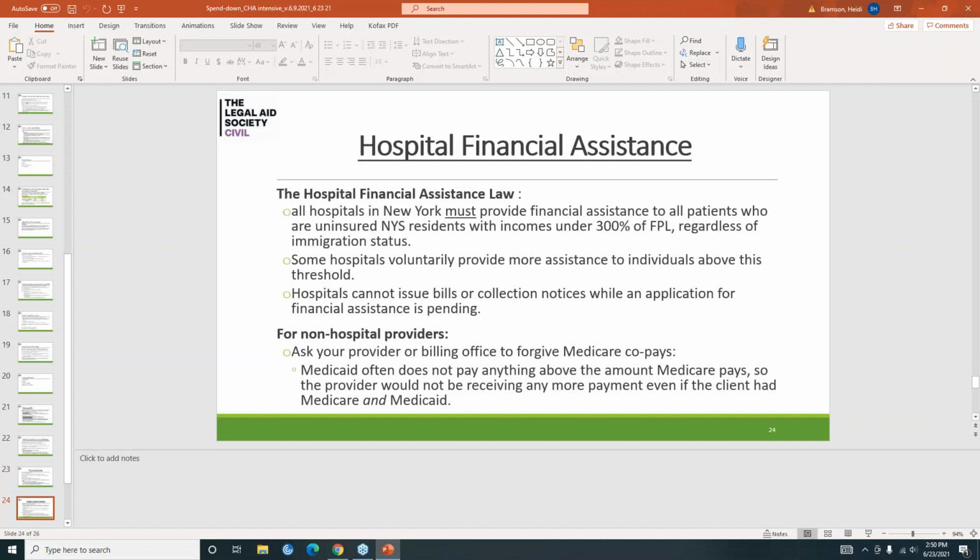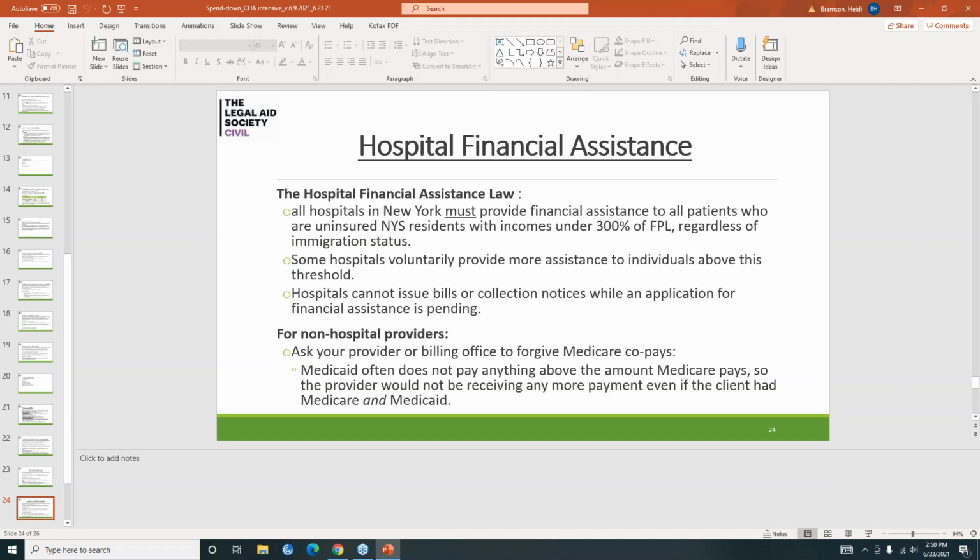Okay, and then lastly, just a reminder that the hospital financial assistance program does exist. All hospitals in New York have to provide this assistance to all patients who are uninsured residents of New York State. Their incomes have to be under 300% of federal poverty. This is regardless of immigration status.